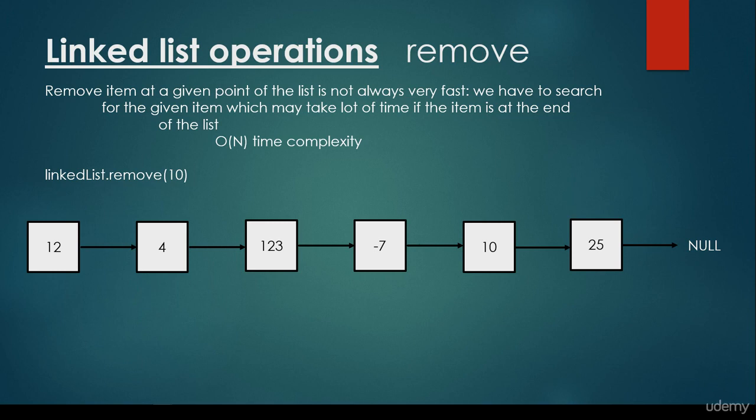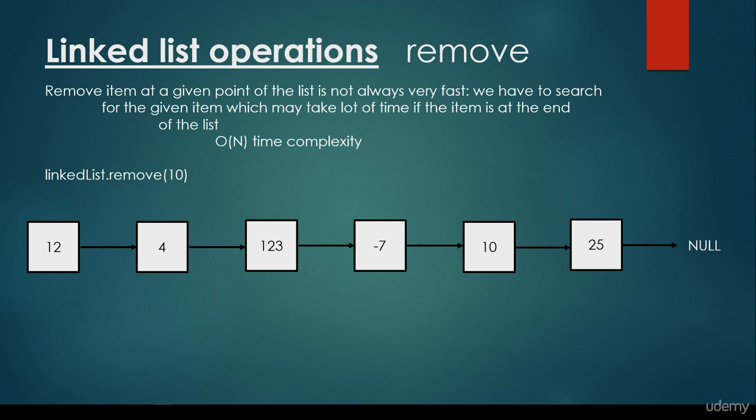And it's very important, although I don't want to repeat myself over and over again, that we are not able to use random access as we have seen for arrays, because here we can access the root node only, and with the help of the root node we are able to traverse the whole linked list with the help of the next node pointers, but anyways, we can access the root node only. So we would like to remove the 10.